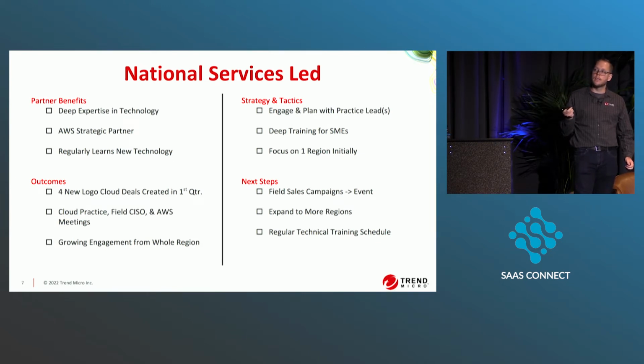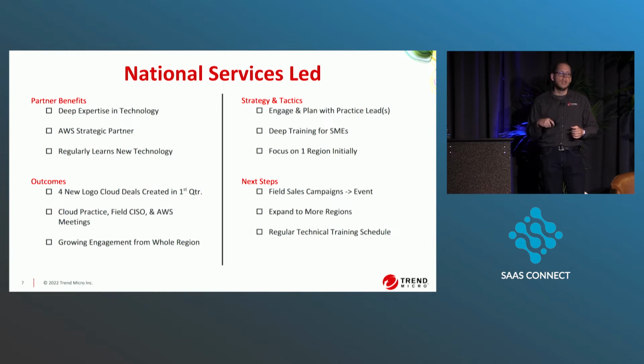In this case, they were picked specifically because our largest marketplace, AWS, listed them as a strategic partner. Great. We were doing some business with them. They show up as our marketplace's top recommended on the top list. You shoot way up to my priority list. So suddenly we're doing one-on-ones, we're flying down, we're doing the education and enablement, but specifically focusing on the practice leads. So we were engaging the cloud practice lead and field CISOs and the AWS team to figure out how